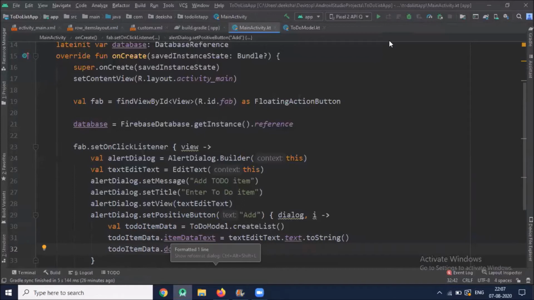So first we make a push so that a new item is inserted in Firebase with a unique ID.